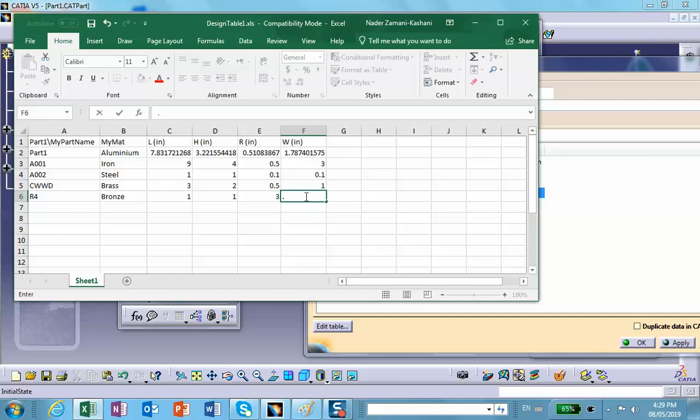And in fact, let's do another one. R5. Let's make it also out of bronze. Okay, 1, and again 1. This time I'm going to put a radius here that makes it self-intersecting. So maybe how about 0.75. This last one is not going to work, but we're going to see that, 0.5. Okay, save it, close it,